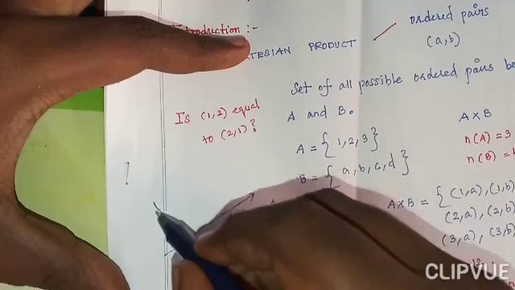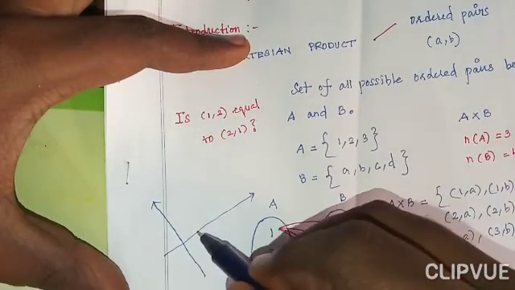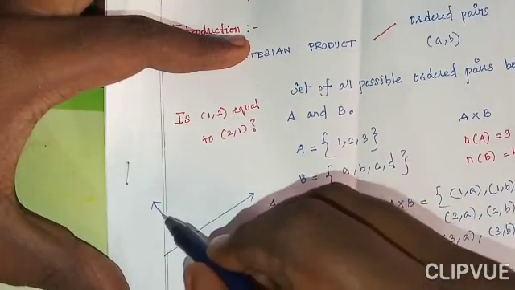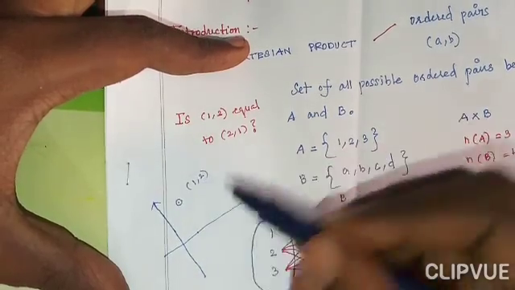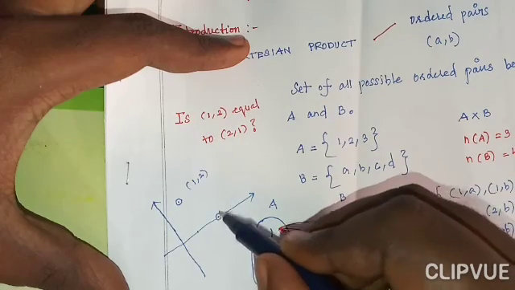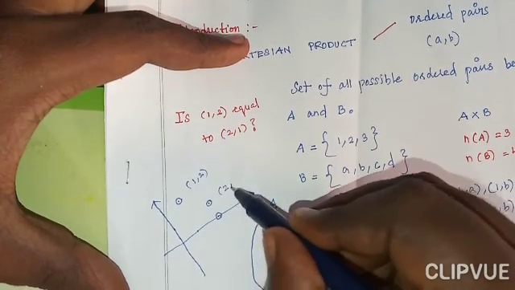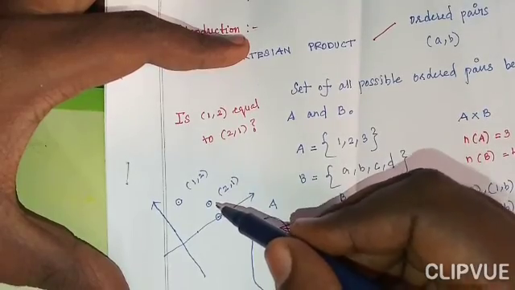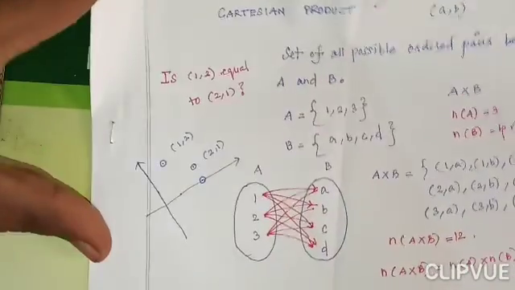in the Cartesian sheet (1, 2), where do we plot it? This is 1, 1, 2. Okay, this is (1, 2). (2, 1), it should be 2, so (2, 1). Are they equal? No, they are not equal. Therefore,